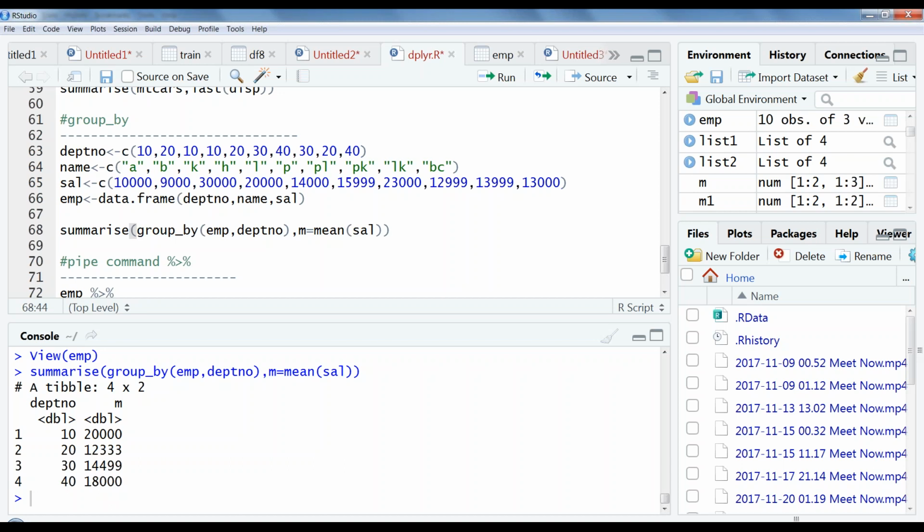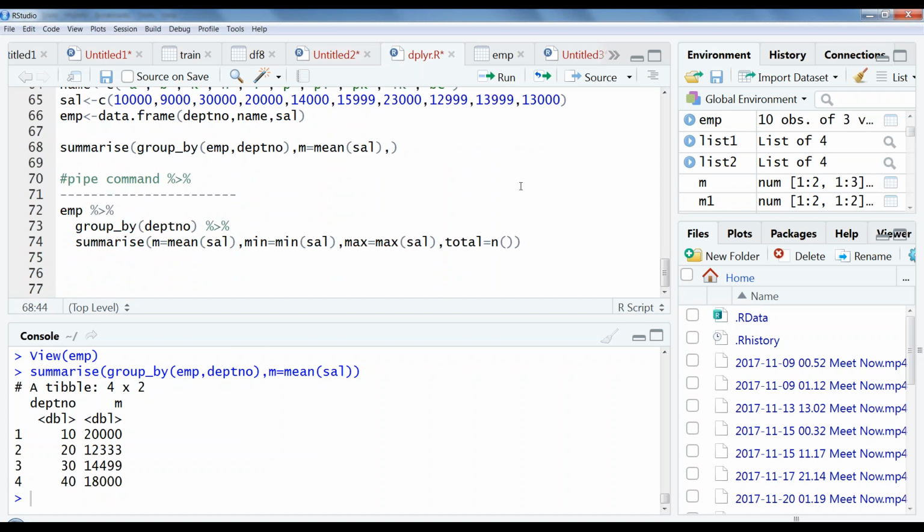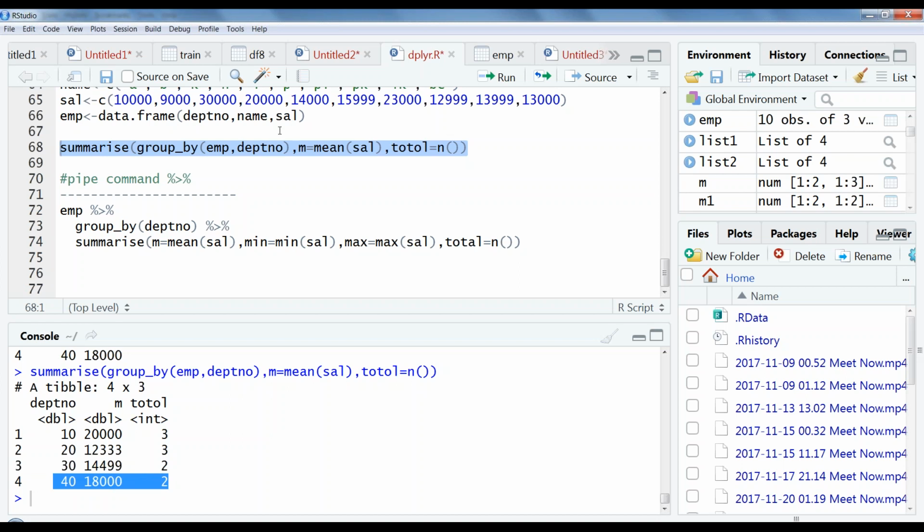Suppose I want to know how many people are in each department, I can get the total with n. Along with the mean I want to see the total. In the 10th department I have 3, the 20th department 3, the 30th department 2 employees, and the 40th department 2 employees. Overall it's 3, 3, 2, 2, which is the 10 employees I created.